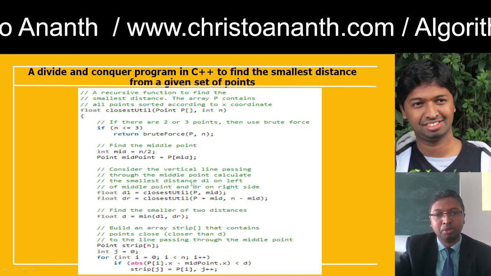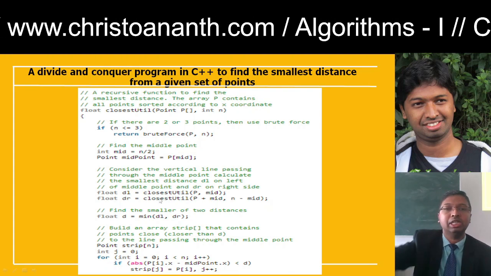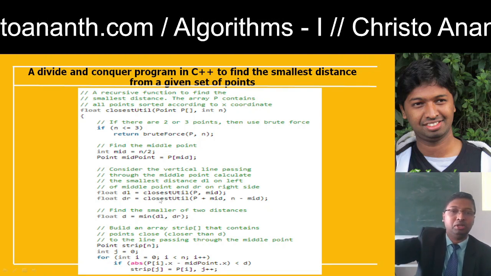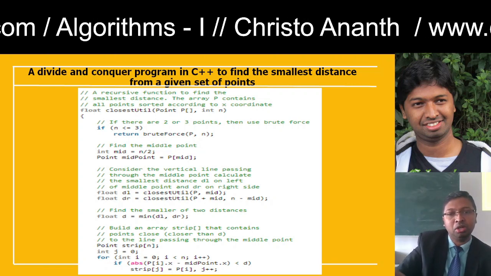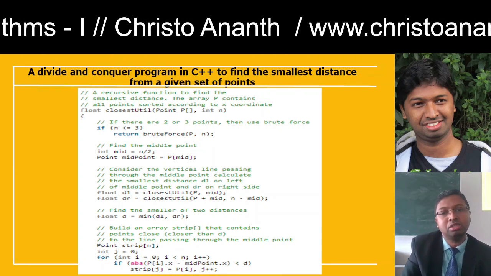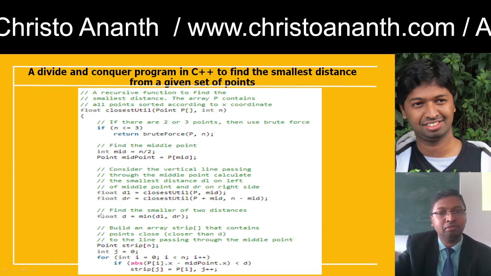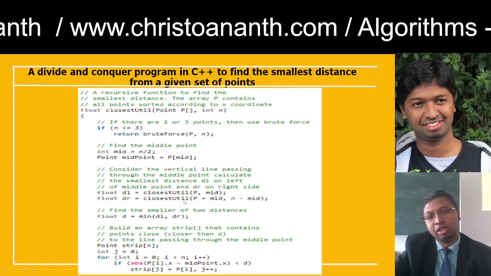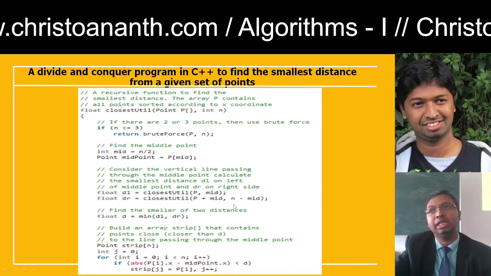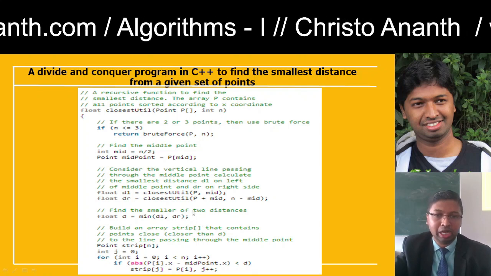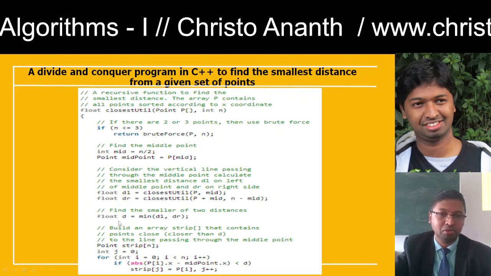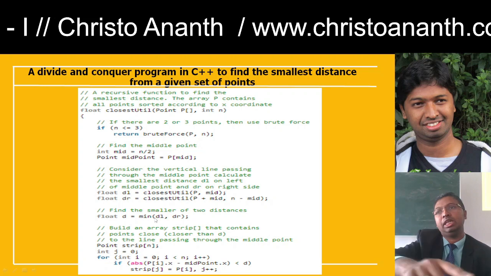Point midpoint equal to p of mid, and you are going to have the vertical line which is crossing that middle point. Okay, so float dl equal to closest utility function p comma mid, and float dr is equal to closest utility function p plus mid and then n minus mid. Okay. Then you will have the smaller of the two distances, float d equal to minimum of dl and then